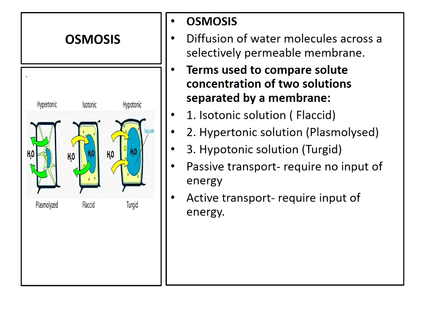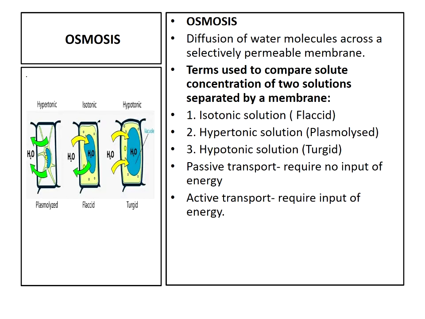Next, the second one is the hypertonic solution. This is a solution that has a higher solute concentration than the other solution, and a hypertonic solution leads to a plasmolysed cell. In this figure, you may observe the hypertonic solution. The water movement takes place towards the outside of the cell, so it leads to the plasmolysed condition.